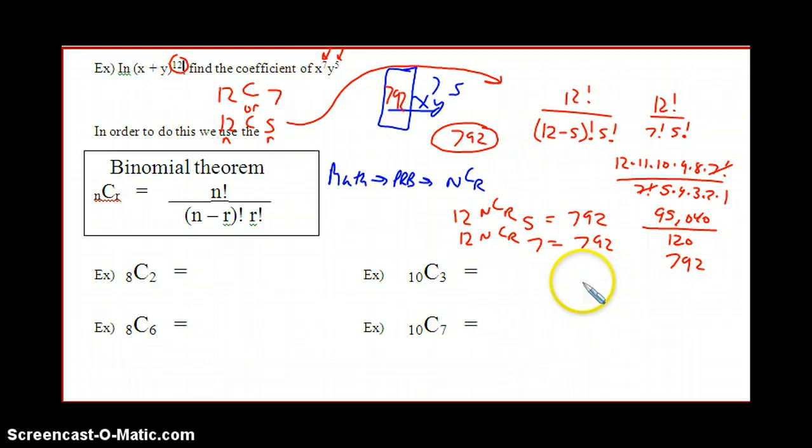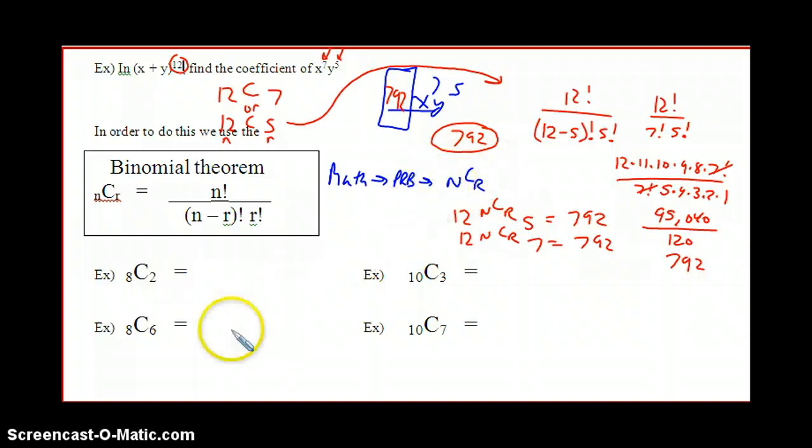And so again, this is how you can find your coefficient. You take the exponent that you're dealing with in your binomial, which in this case was 12, and then you take either one of the exponents with each of the terms here, and you use combinations. So to make sure that you understand how to use your combination button in the calculator,